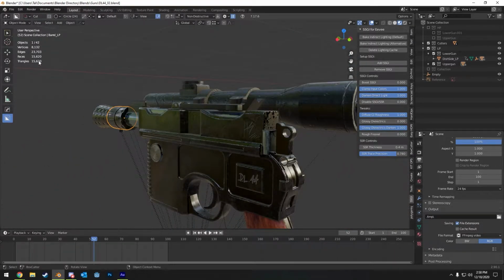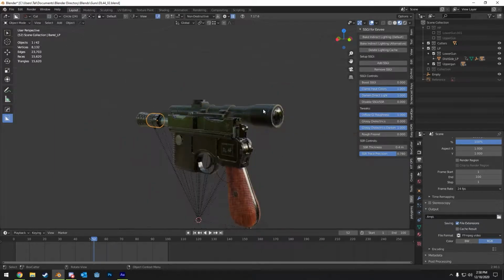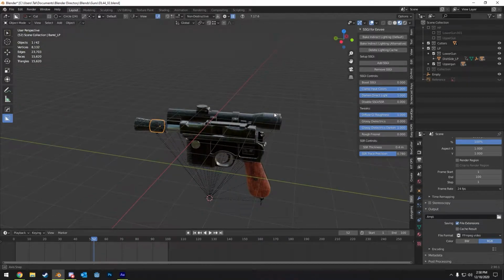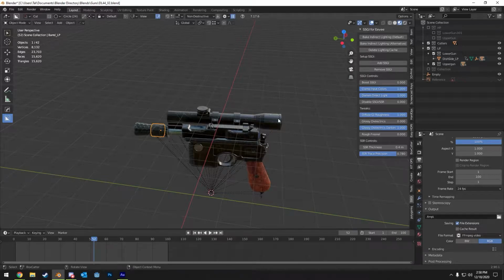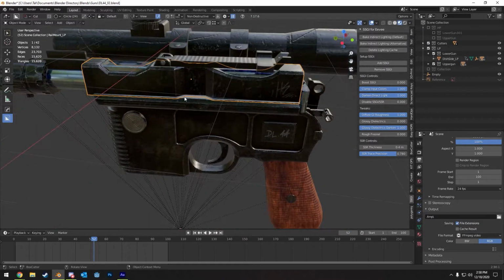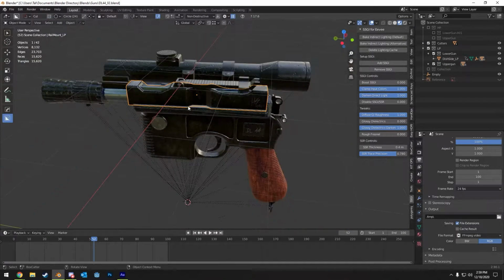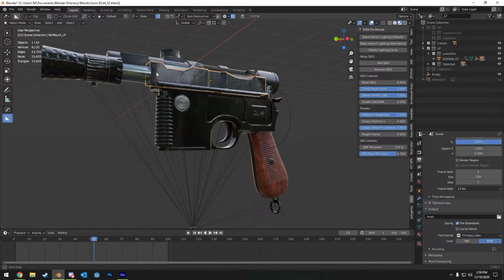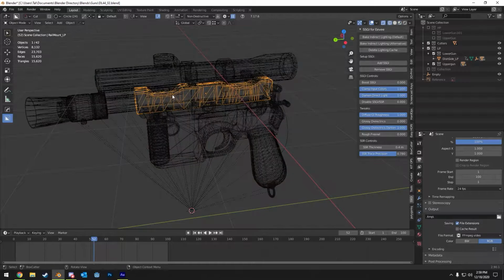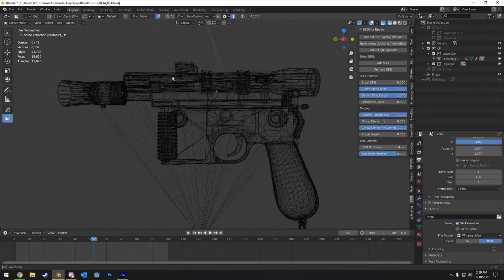This is a 15K triangle model, so it could be used in a game. It's all triangulated. It's ready to go. It's a game asset. It's not the most optimized game asset in the world. I could probably get this to about 9,000 or 10,000 triangles, which would be better. But let me go ahead and show you the wireframe, and we can take a look at where I failed